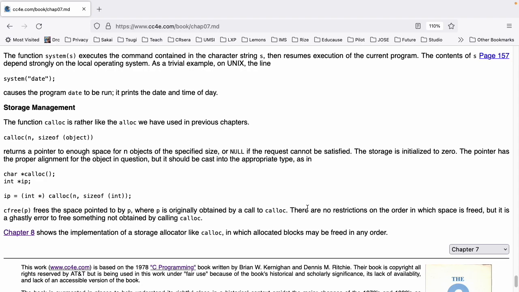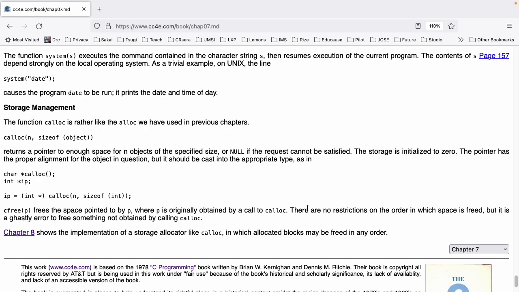The pointer has the proper alignment for the object in question, but it should be cast to the appropriate type, as in char *calloc(); int *ip; ip = (int *) calloc(n, sizeof(int));